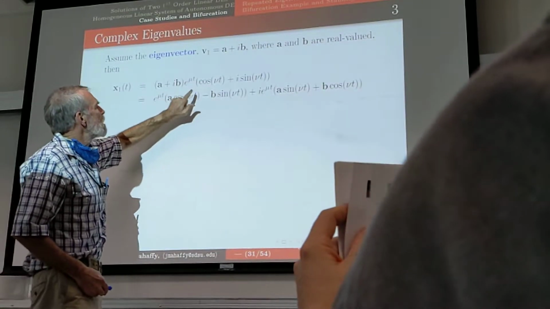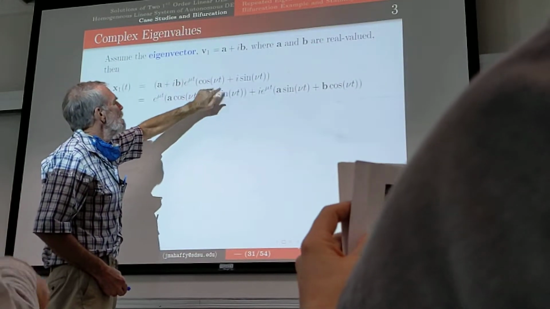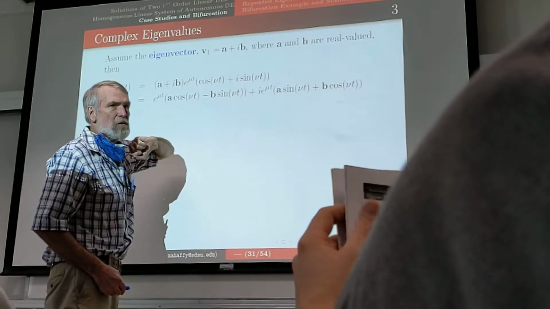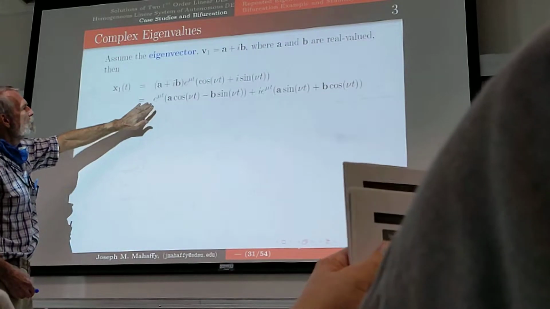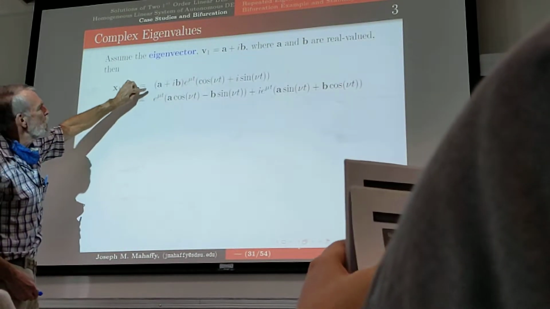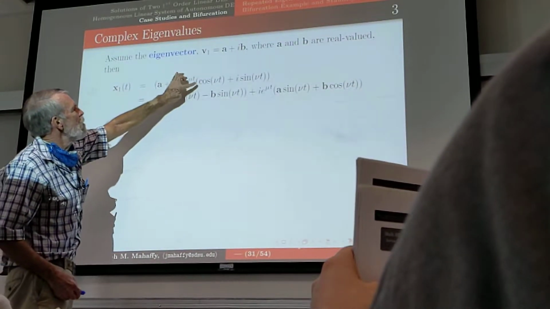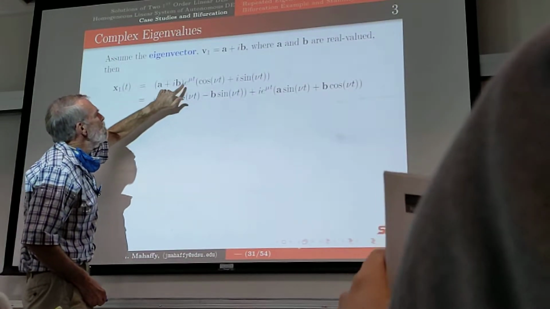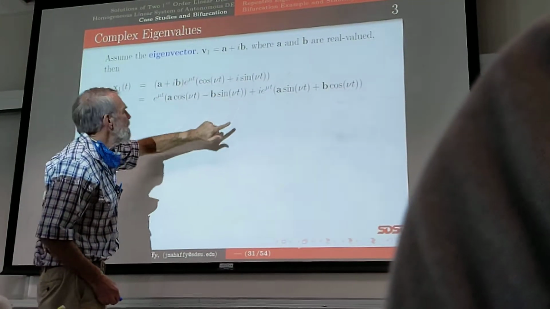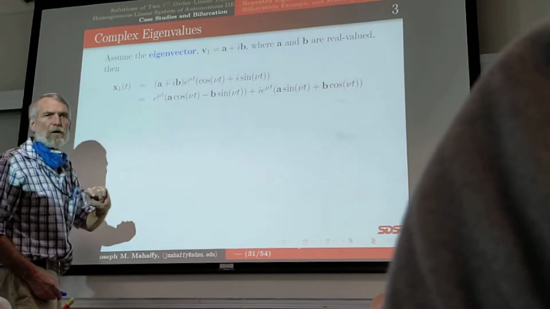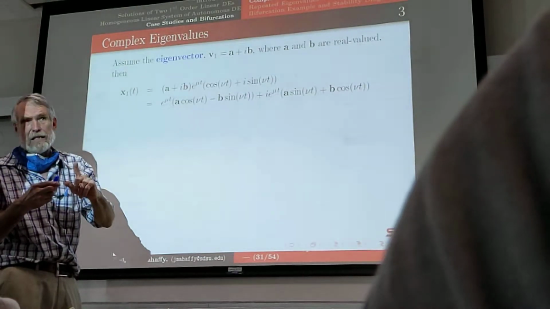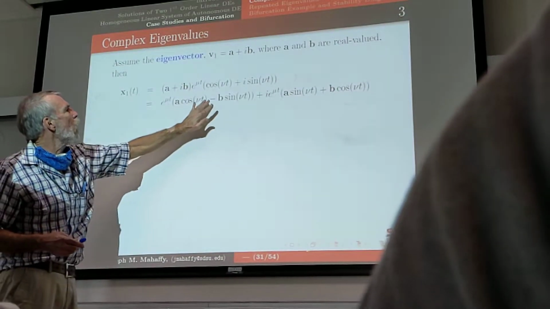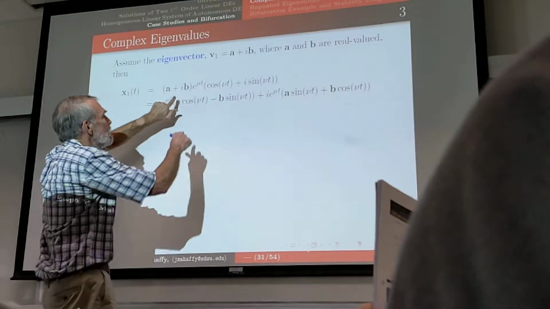We have e to the mu t times cosine ut plus i sine ut. So then we could look at the real part of this. The real part will come from the a cosine, and the imaginary part from the ib sine, given the table of complex eigenvalues. Everybody, i squared gives us a negative, and so the real part of multiplying this,